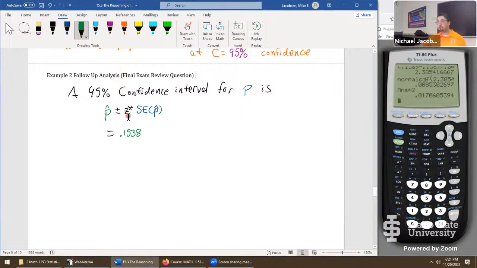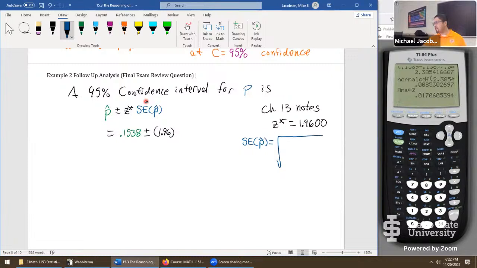Now, when it comes to getting Z star, it's a table lookup. Let's check chapter 13. It gives Z star equals 1.9600, or just 1.96 if you prefer. So we've got that value down. So we'll go P hat, we already put in the figure, plus or minus Z star, which is 1.96. Last thing we have to put in is standard error. So it's computed right here. Standard error of P hat